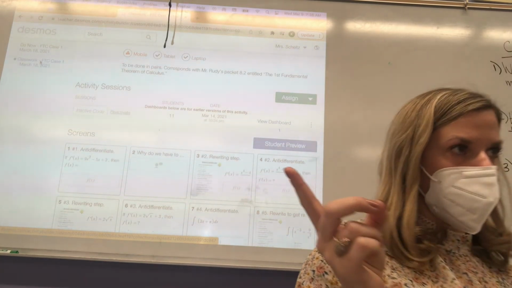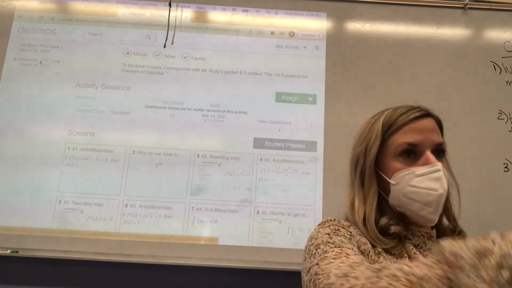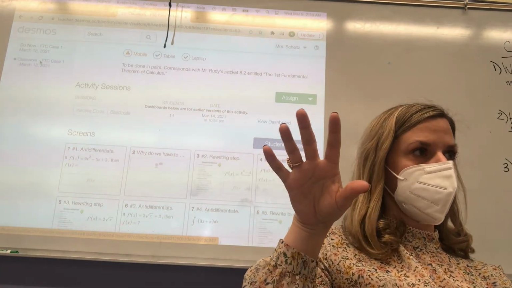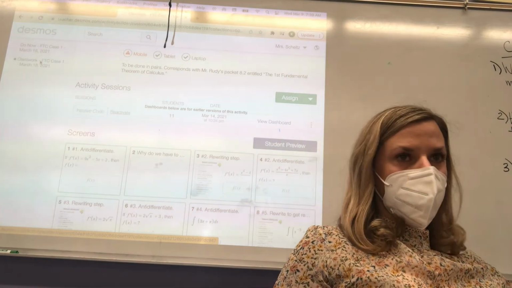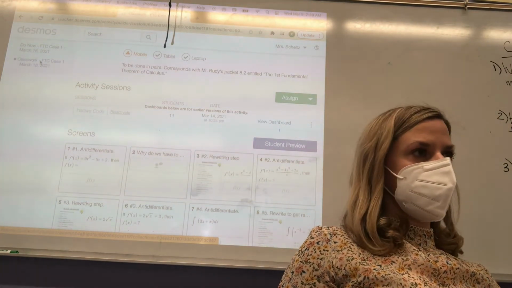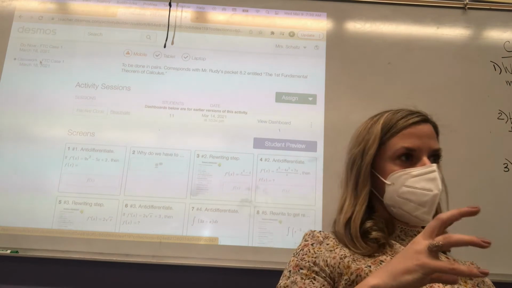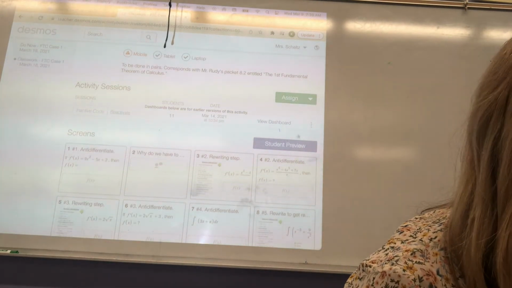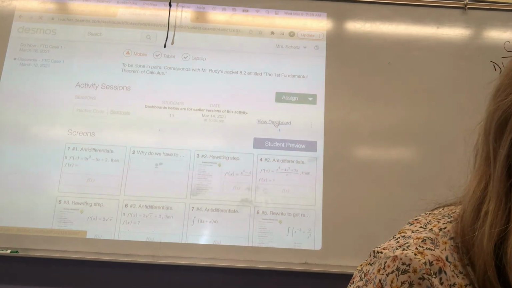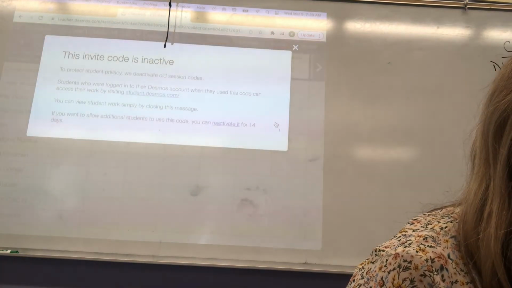Yeah, even the graphing ones, it's cool. It shows you a composite of every student in the room's graph, all in one. So you can put it up on the board and say, you sketched this random distance versus time graph, here's the composite, and that's cool. But I'll show you. For this one, if you just click View Dashboard,